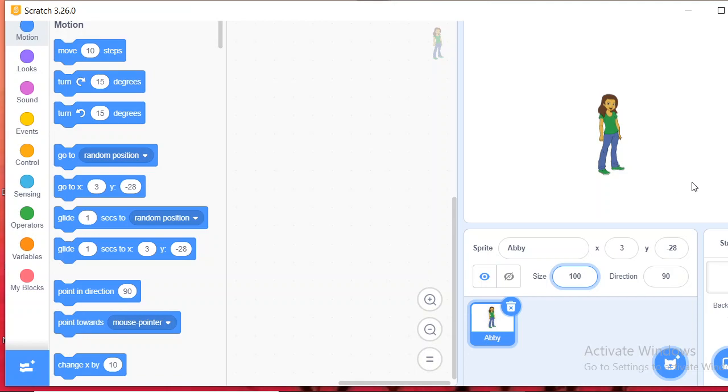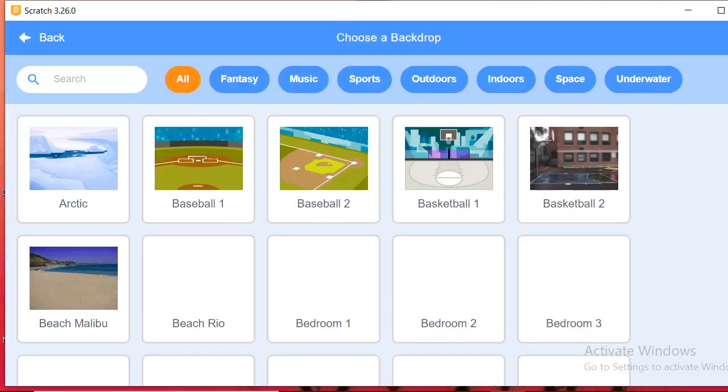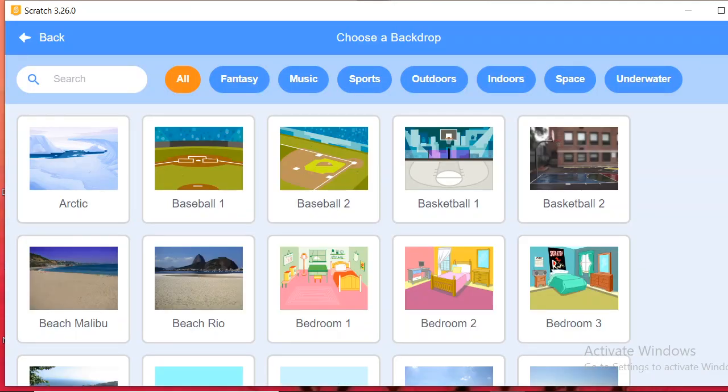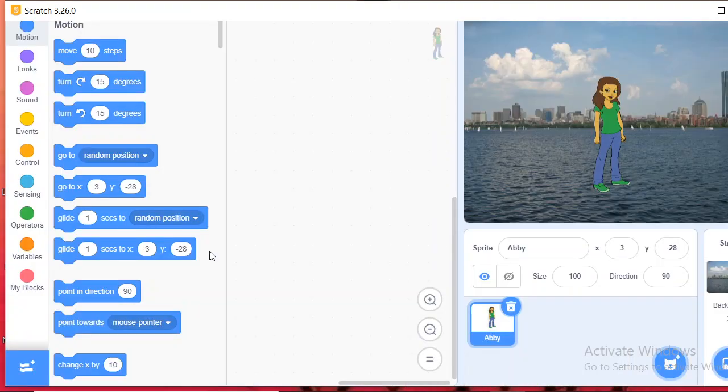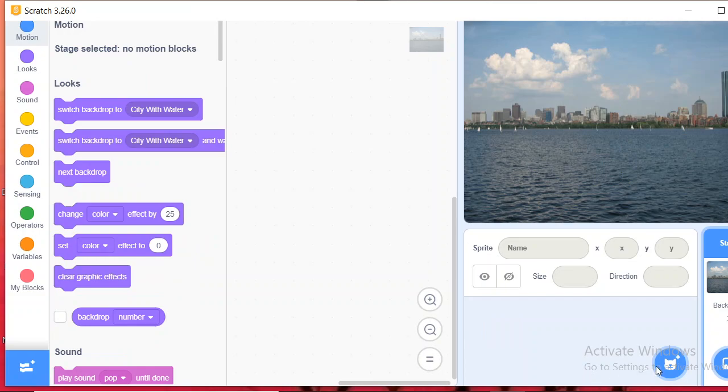For that, come down and here there is a choose a backdrop option. When we click on that, a variety of backgrounds will appear. You can select whichever one we need. Now I am selecting a city. Now this sprite I want to delete, and I want to add another sprite, like a ship.